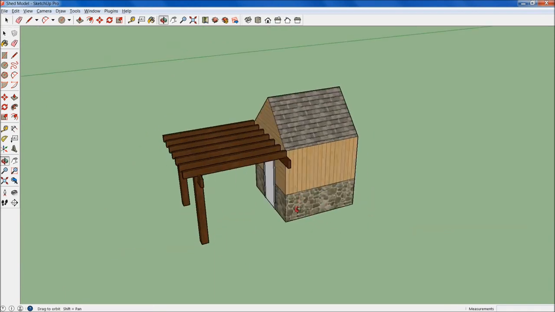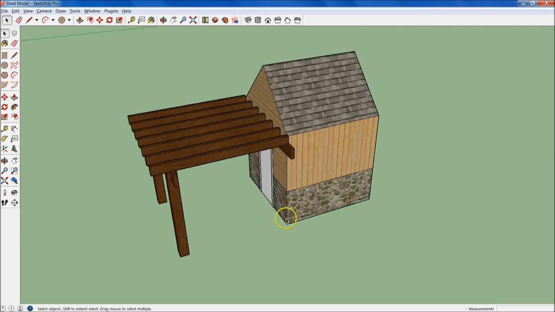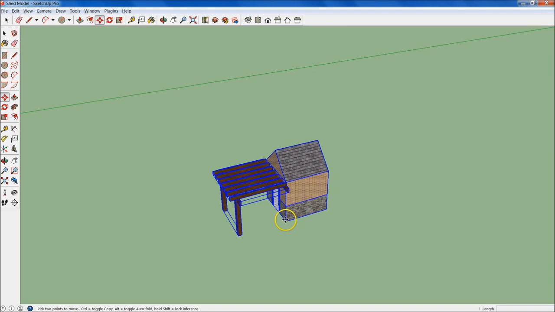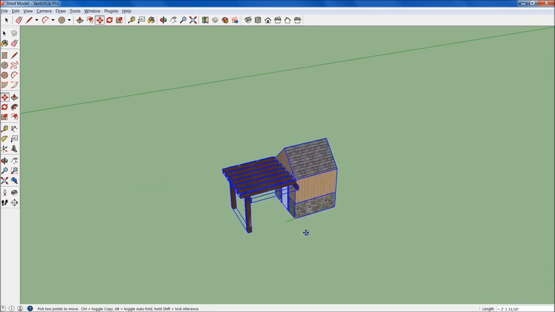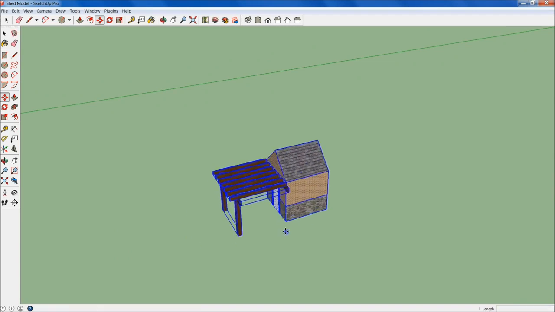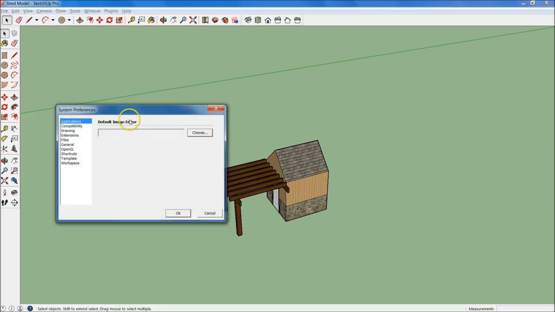All right, so going back to our shed, what I'm going to show you now is how to create crosshairs for your dimensions, your X, Y, and Z coordinates. So if I were to select this whole thing and we wanted to get it on a certain plane, by holding down Shift, it'll lock. But to better tell what axis we're on, you can go up to Window, and then down to Preferences, and within Preferences, you can actually set your settings up. So for drawing, I'm going to select Drawing, and then under Miscellaneous, just go down to Display Crosshairs, hit OK,